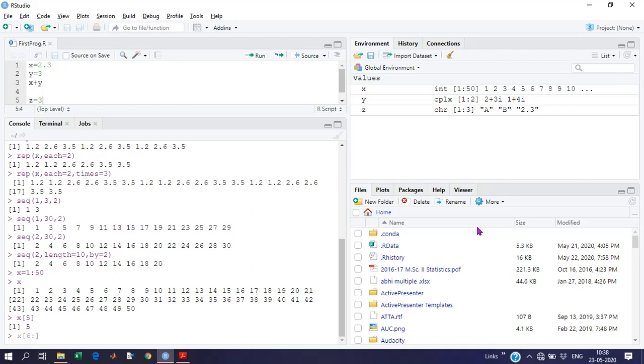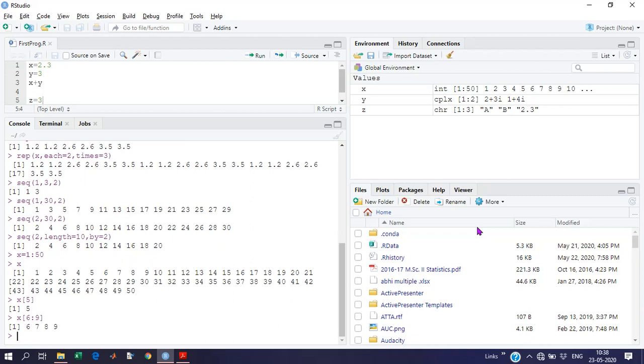I just gave x is equal to 1 to 50, so that whenever I write x[6:9], I should get the numbers and I can verify them. Otherwise I would take any sequence, but to verify it is easy for me.